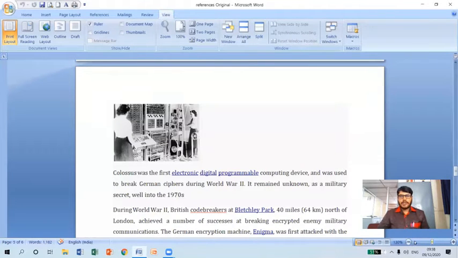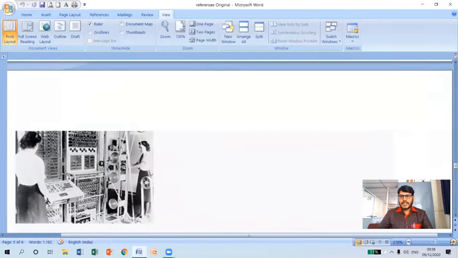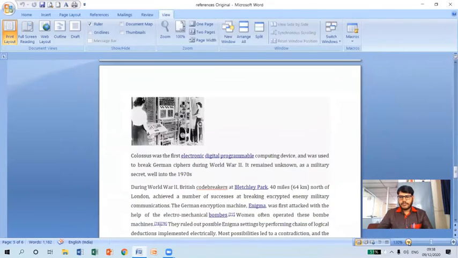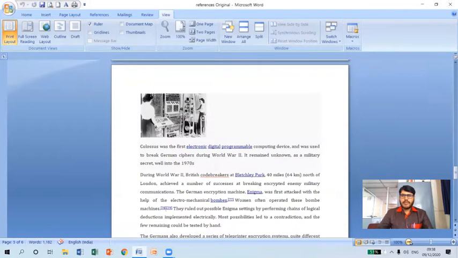This one I have explained while explaining the components of MS Word document. So we can use this zoom control bar which is available here. You can increase by using the plus mark and decrease by using the minus mark here. So that is how we can use the zooming options.